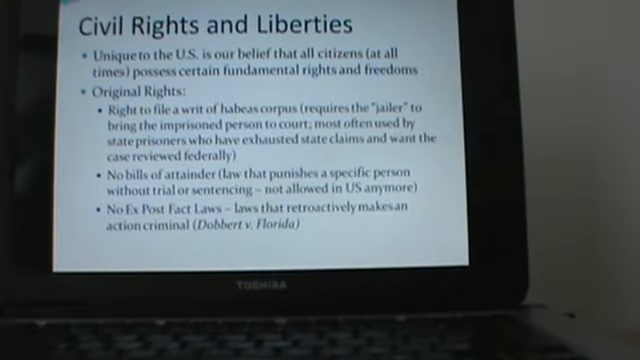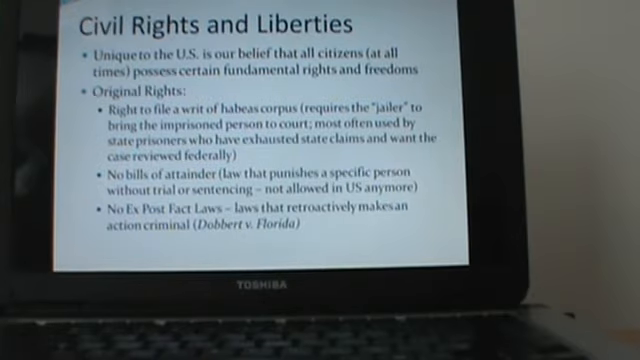Again, as this slide states, it is unique to the United States that we believe that all citizens have certain fundamental rights and freedoms. We believe that everyone has them. The right to the pursuit of happiness, the right to be free of persecution, all of those things are important to us. For example, and I've just outlined 3 that came to my mind first, the right to file a